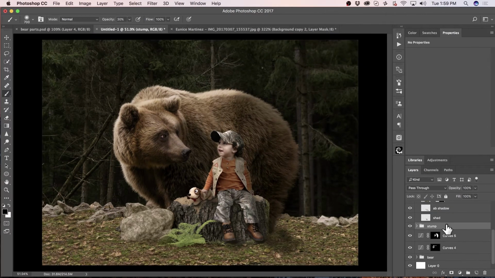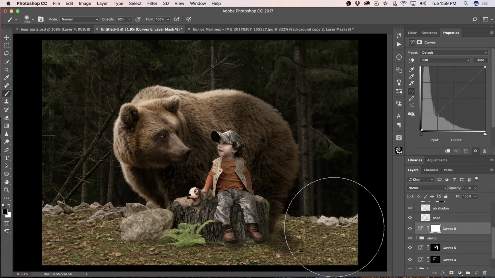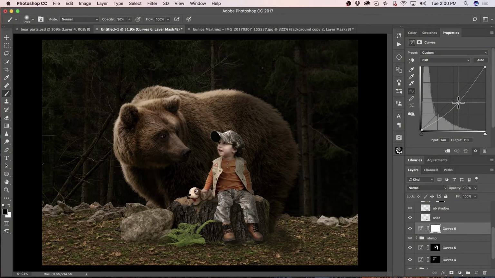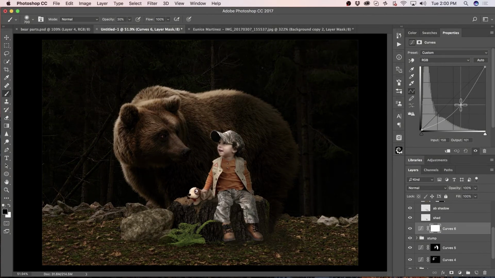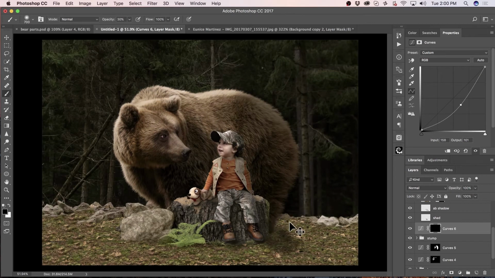All right. Okay, then we'll make a curves adjustment layer above the stump layer anyway, and with a brush, black brush at 30%, actually it's going to be a white brush, I'm going to bring that down and invert it, and then painting with a white brush, just going to add some shadow back here, so with a white brush there, and start painting. This is going to be the bear's shadow,